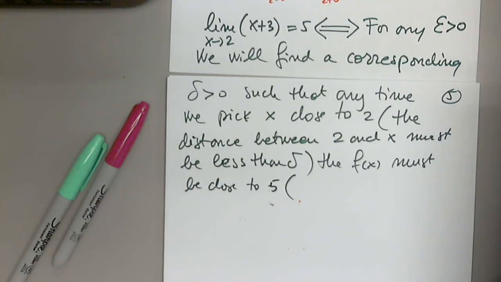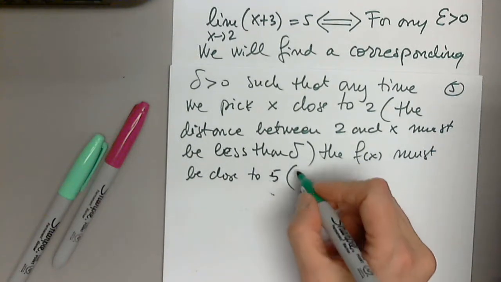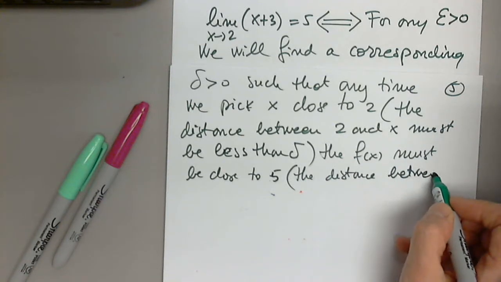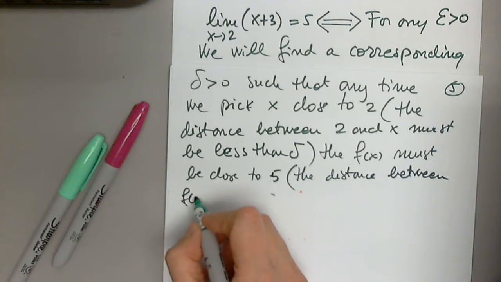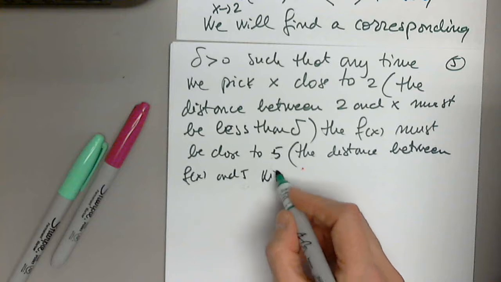And in parentheses, I will say the distance between f of x and 5 must be, very good,